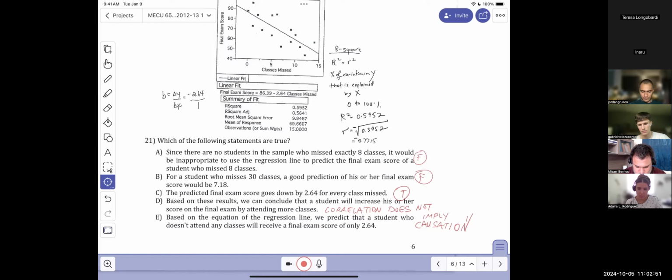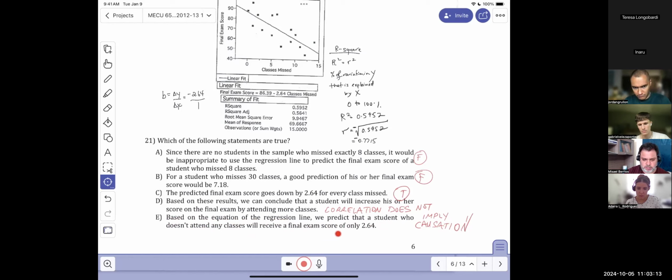All right. Lurking variables, Jordan. Exactly. There are other things behind that are leading these students to do poorly that have nothing to do with the class. They have other factors. All right. Very good. Based on the equation of the regression line, we predict that a student who doesn't attend any classes